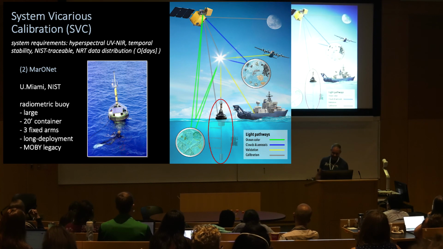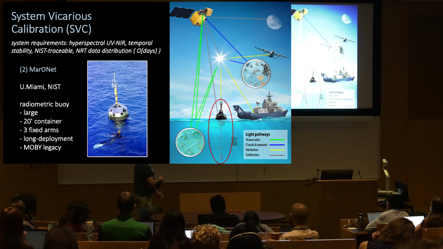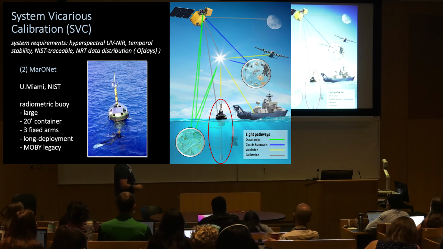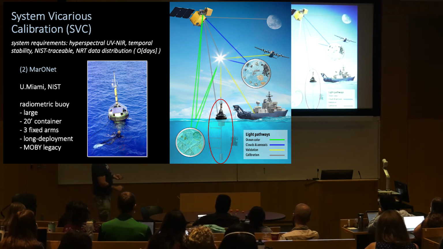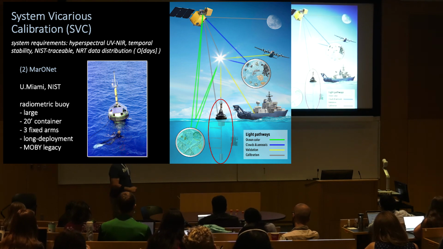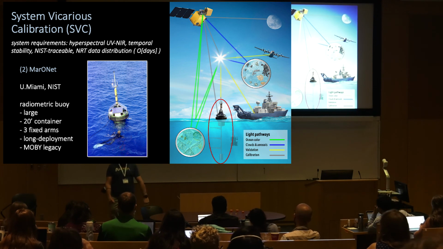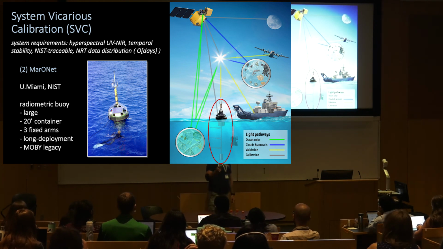All right, then my last slide. Okay, so this is going to be the Moby follow-up, Moby Legacy. So that's Moby again, but Marinette. University of Miami is doing this. It's a radiometric buoy. It's a 3-arm buoy again, but it has been upgraded to use far better technologies. It can now fit in a 20-foot container so that it can be shipped rather than this behemoth that lives on a boat. Still 3 fixed arms and still long deployment,